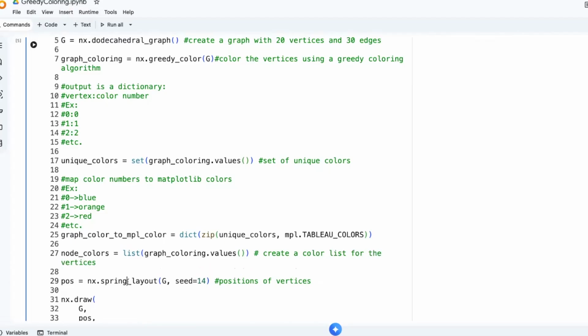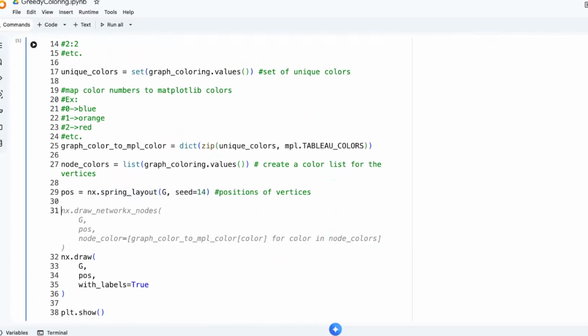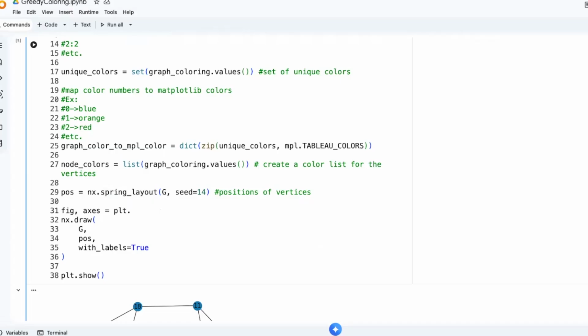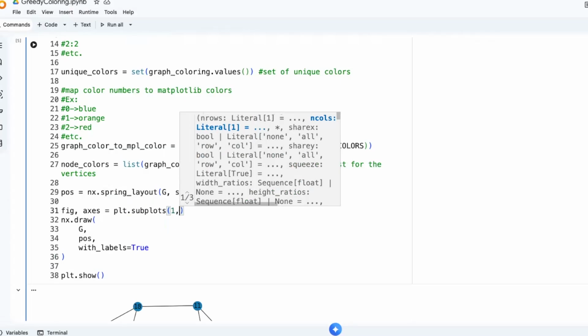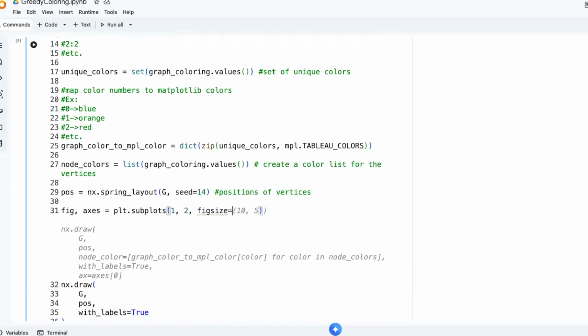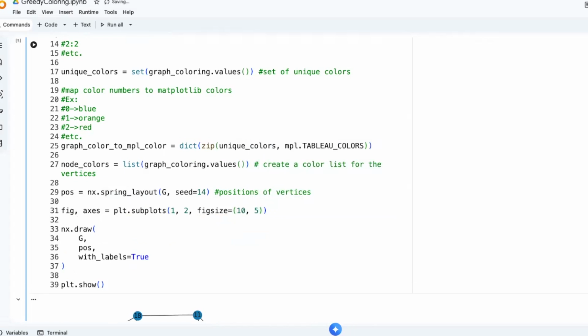All right, so this line of code, we already talked about that, and now I'm going to draw the graph before coloring and the graph after coloring, and I want to put them side by side. So what I do is that I'm going to create a side by side plot, and I get fig, comma, axis, and plt dot subplots. So I want to have them in one row and 2 columns, and the figure size is going to be 10, 5. So before coloring,